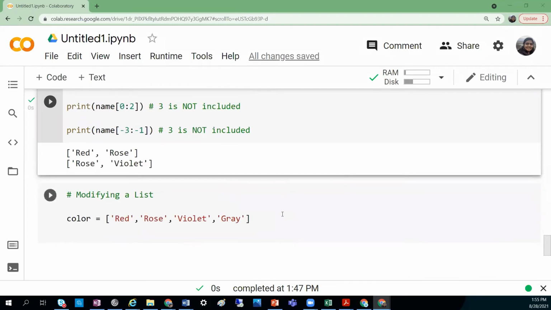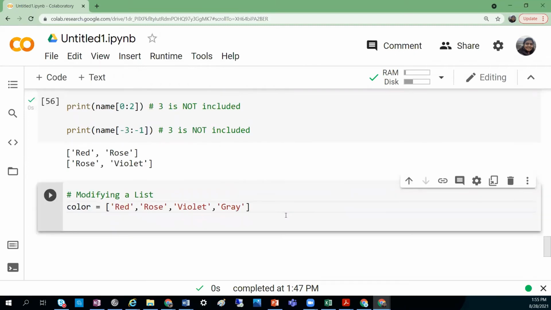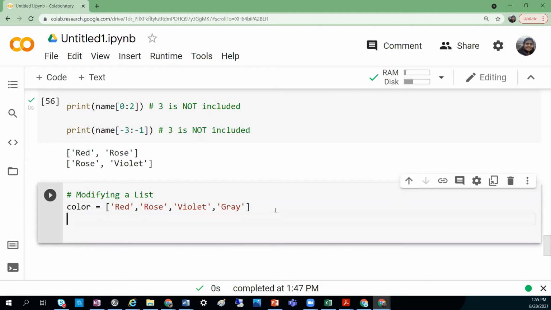Okay, so I'll show here first how to modify a list. So first one is how to change a value. Okay, so we have red, rose, violet, and gray, right? So I want to replace this rose with another color, white. How do I do that? Okay, so this color, then I tell